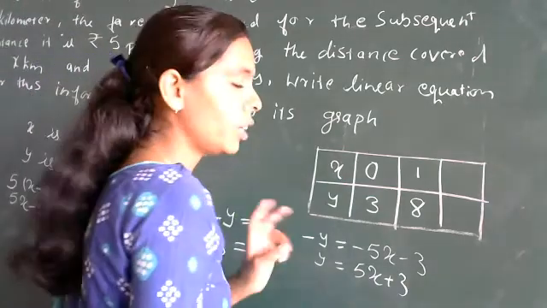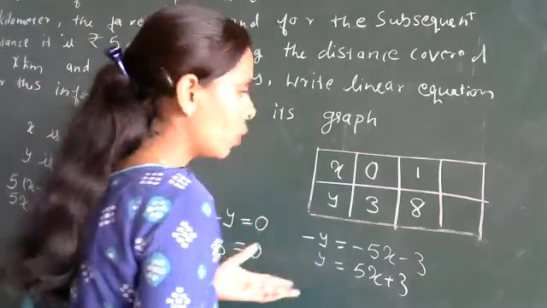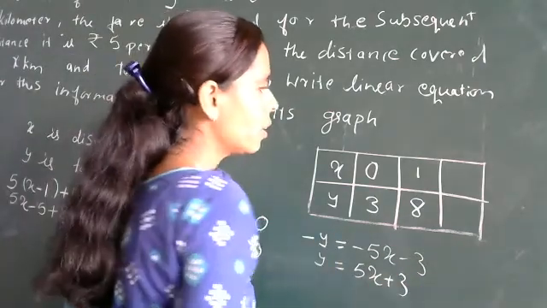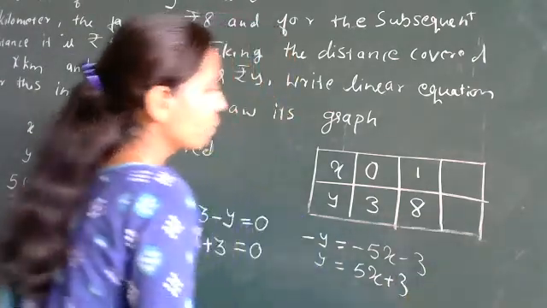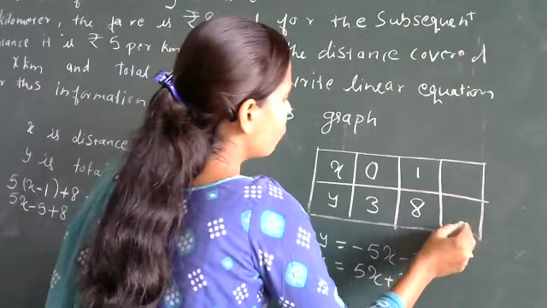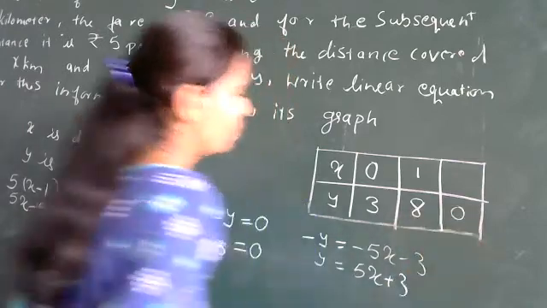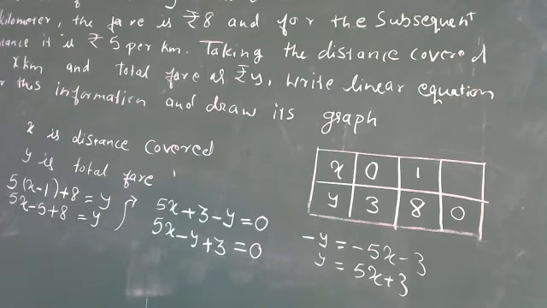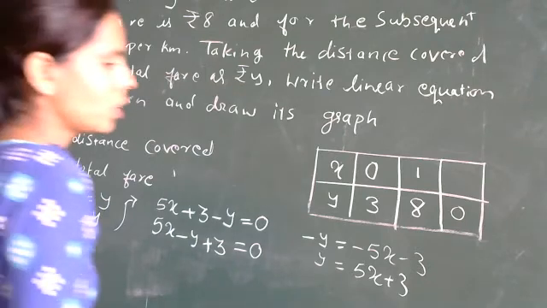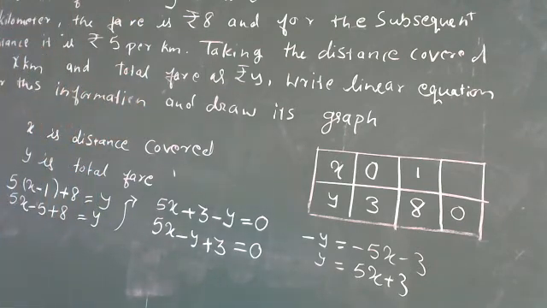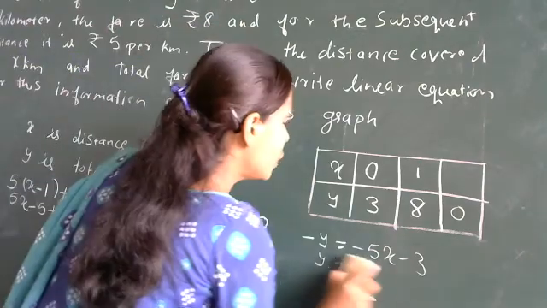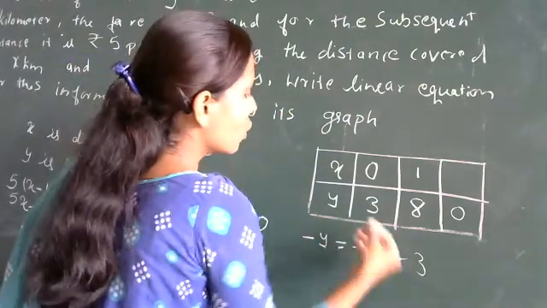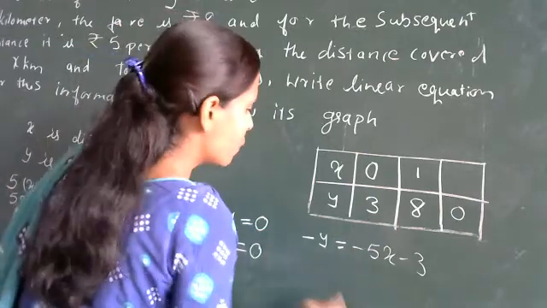You have to take at least 2 values. You can take more also. You may take 2 or 3 values. That means you will get a right graph on your graph paper. Take another value. Suppose you are taking y as 0. Y is 0. What will you get as the value of x here? I will show you that also, because it is not true that always by putting the value of x we get the value of y. We can do the vice versa also.